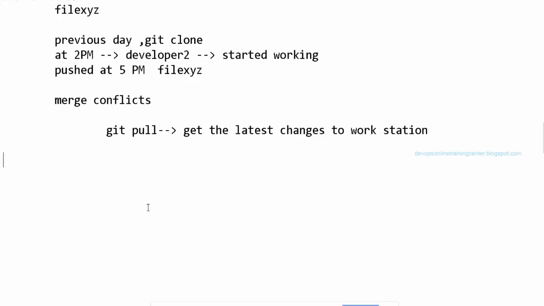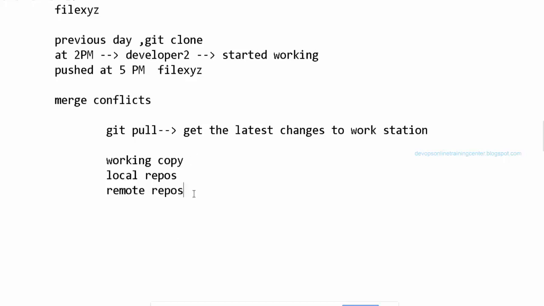So with pull, we always have to pull the latest code. This is also equal to clone, but the problem with pull is: you have a working copy, a local repository, and a remote repository, right? This is what we have seen. The working copy is where we are actually working, but when we do pull, it copies everything from the remote repository to the working copy, so all your changes are overwritten. You get all the new changes.